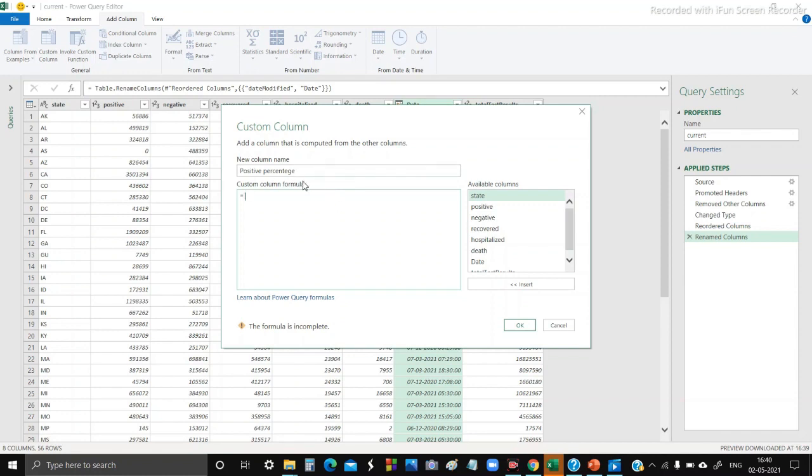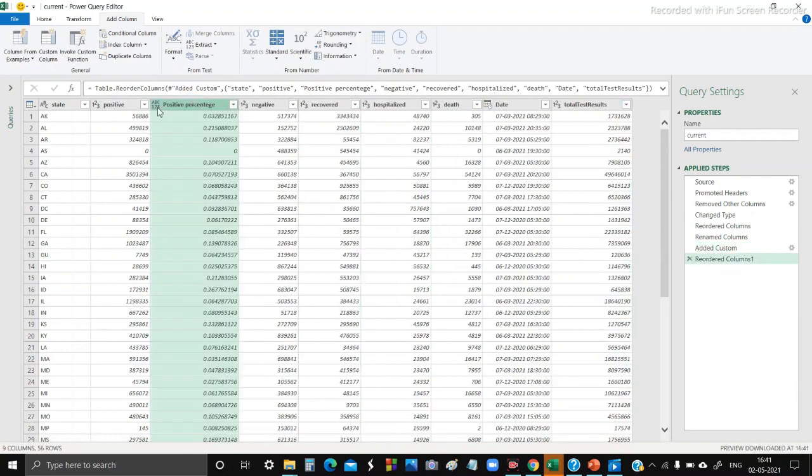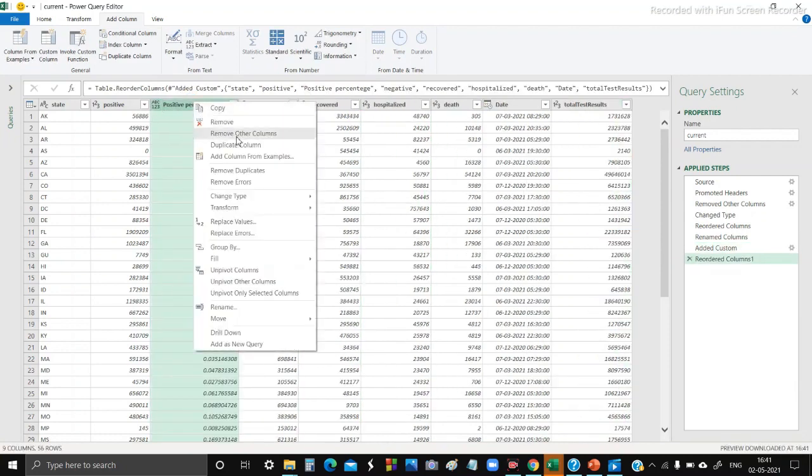I have named the column positive percentage, and the formula for calculating the percentage for the positive column is positive divided by the total test results times 100. So we are inserting the positive column here first, divided by total test results. We are clicking OK here. Now we have got a positive percentage column. Change the type to percentage.